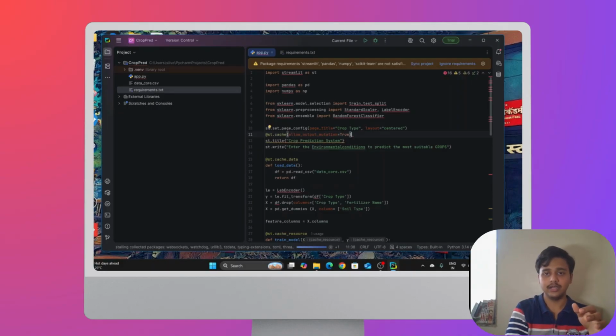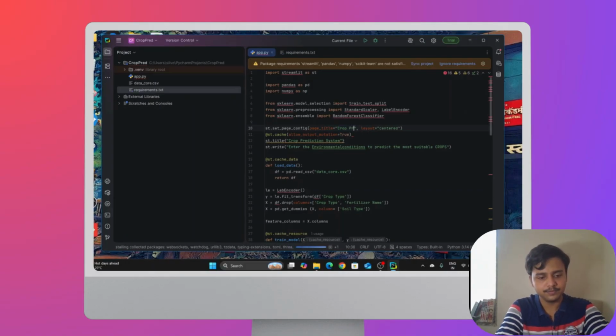So the thing that comes on the top right in Google Chrome will be presented as crop type. Okay, crop pred looks fine.